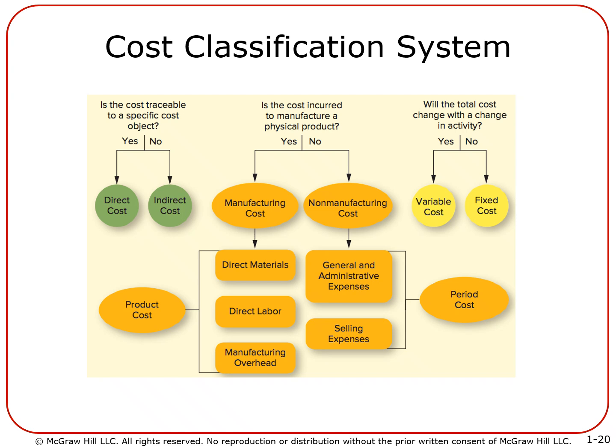Then if it's linked with manufacturing, we are calling it manufacturing. If it's not linked with manufacturing, we are calling it non-manufacturing. Manufacturing has 3 types of cost: direct material, direct labor, and manufacturing overhead. So these costs together are product costs. And then non-manufacturing has 2 types of cost. What? General and administrative, and selling. So general, administrative, and selling together are called period costs. So again, direct material, direct labor, and manufacturing overhead are called product costs. And general and administrative and selling expenses are called period costs.